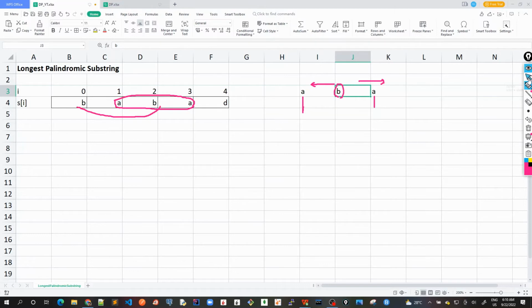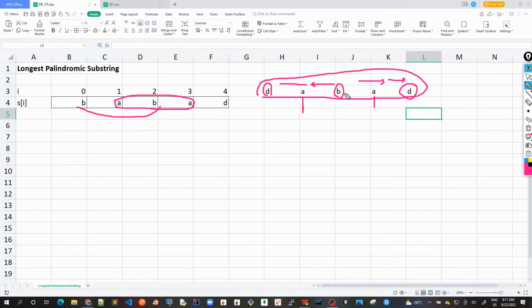Here it is the same. So for example, if I have a few more characters here, suppose I have D and D here again. So we started from the center, B is still the center, and then we move to the left and the right, and we compare the next character, that is A and A, which is the same. Again, we move one more character to the left and we find D. We compare this D, move to the right, and again find D. So all these characters are matching. It means that we have found a palindrome of this length, which is 1, 2, 3, 4, 5,